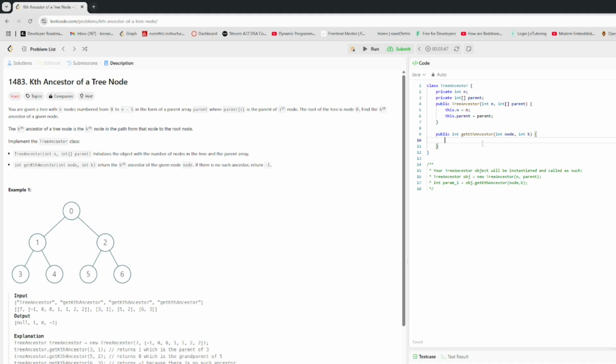Okay, so getKthAncestor. Let's say int i is equal to 0. Int cur is equal to node. So while parent[node] does not equal -1,